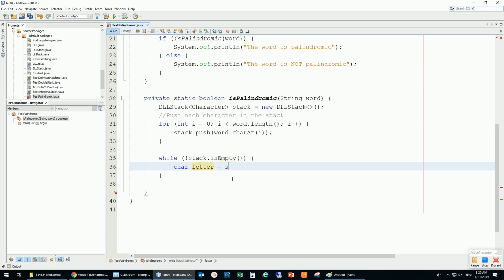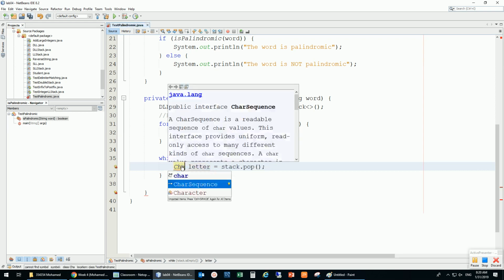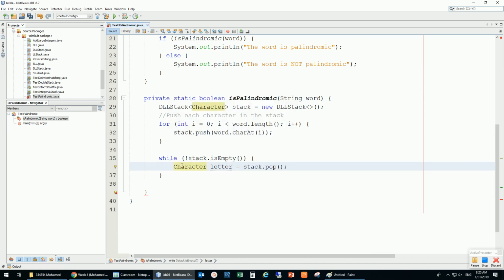And then I'm going to have this stack dot pop. Now I pop one, and it's a character or a char, it does the same thing, because this is just a primitive data type, but I'm popping one just using character. And then what I need to do is compare if the letter